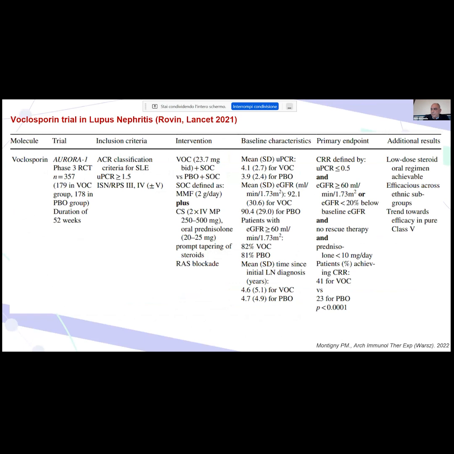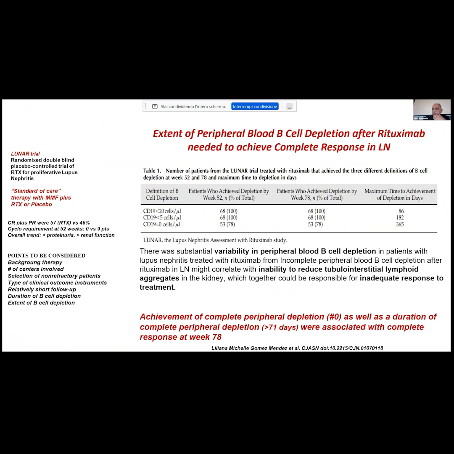Another promising agent in lupus nephritis is voclosporin, a novel calcineurin inhibitor that does not require blood testing and has two main characteristics: efficacious across ethnic subgroups, and with a definite trend toward efficacy in pure class 5 lupus nephritis. As regards the B-cell depletion approach,